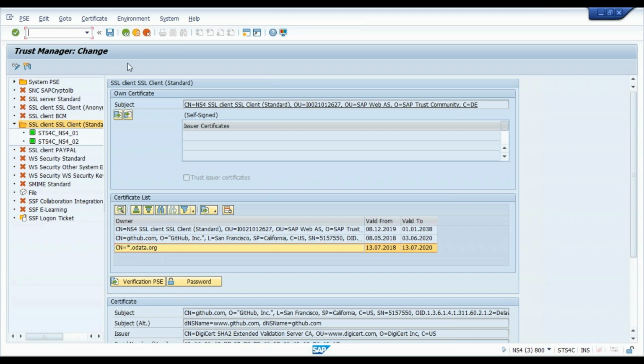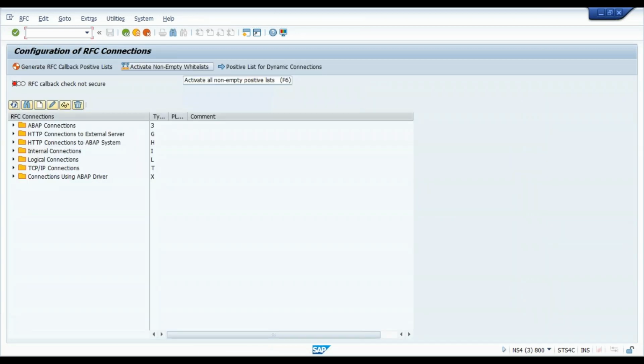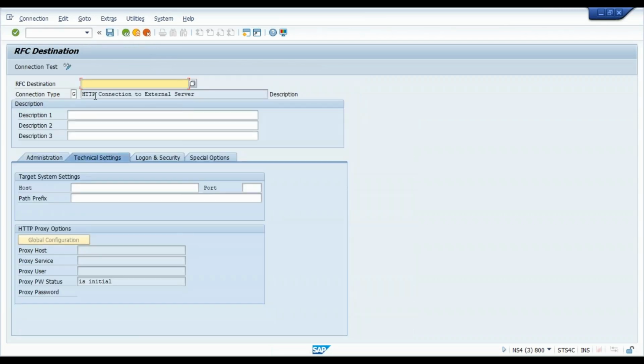So as part of the next step, what you need to do is go to transaction code SM59 and create a destination, your endpoint of the OData. And this destination essentially is of type G connection. So let's create a G type connection. G stands for gateway type connection to any external HTTP server. So now I'll just come here and give some name. Let me give the name as Anubhav